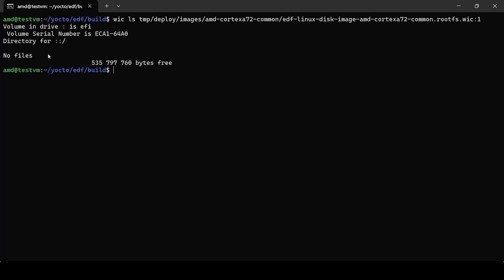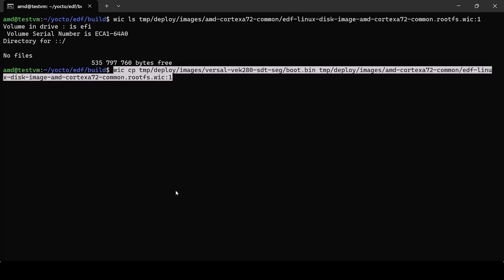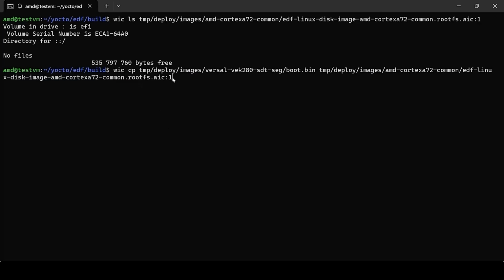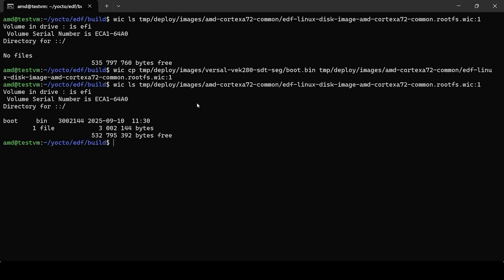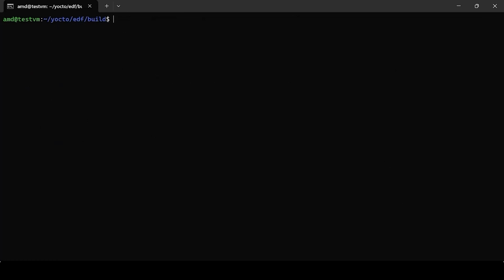Now, copy the boot.bin into the EFI partition of the wic image by running wic cp, the boot.bin file, then the .wic file with :1 at the end to indicate the EFI partition. List the .wic file's EFI partition out again to confirm that the boot.bin was successfully added. This partitioned .wic file can then be flashed onto an SD card and used to boot a single-stage bootloader board